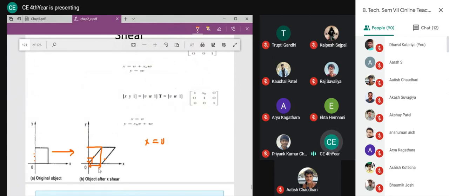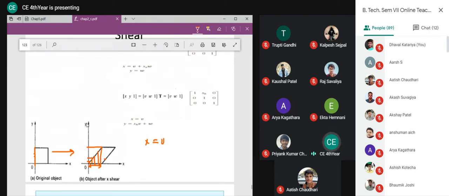So what is the shear procedure? Shear is, my y coordinate value is not changed here, you observe, but my x coordinate value is changed. X coordinate values are changed for all the pixels. Earlier all these pixels were here only. Now all the pixels have a linear increment. Earlier all were in the same position. Now these all have a relative linear increment with each other, and that increment varies with respect to y.